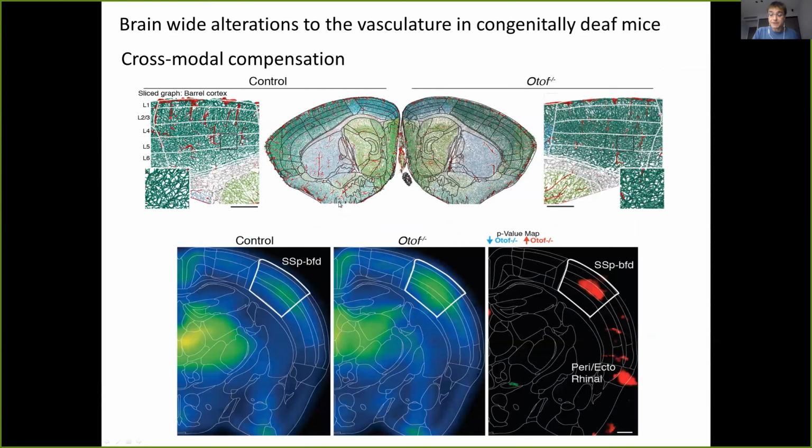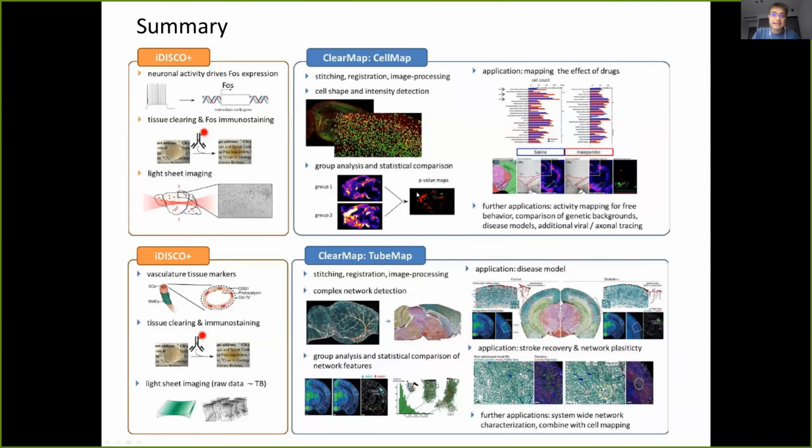You can look at other areas because we map the whole brain again. And we see interesting effects that are known more on the neural activity side, which are called cross-modal compensation. Because the mouse is losing its sense of hearing, it seems to compensate for this loss of sensory inputs with other sensory inputs, like here, somatosensory inputs. And here in the somatosensory cortical area, you see now an increase in the vasculature density in the deaf mice. So you see this cross-modal compensation even in the vasculature, by just looking at the vasculature. And with this, I'd like to summarize.